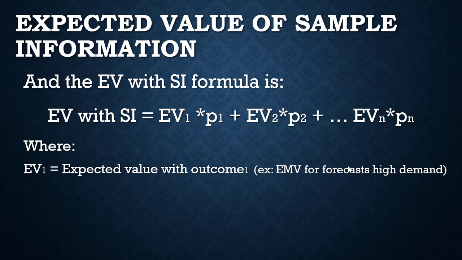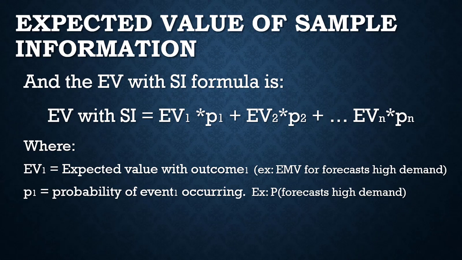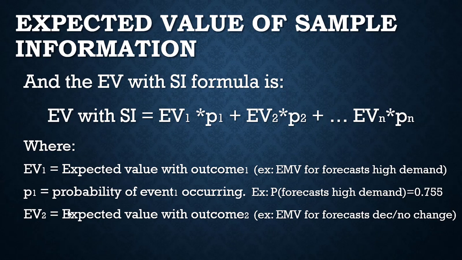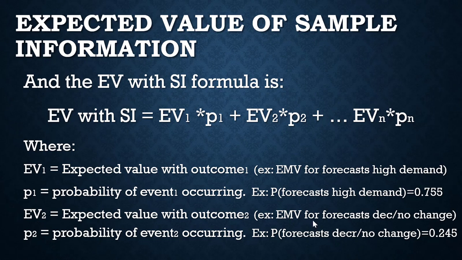So our first outcome is going to be that the forecaster forecasts high demand in our wood pellet example. Okay, and the probability of that event occurring would have been the probability that the forecaster forecasts high demand. We actually found that was 0.75. Okay, and in our example, expected value 2 is the expected value of the forecaster forecasting a non-high demand, so either no change in demand or a decrease in the demand,